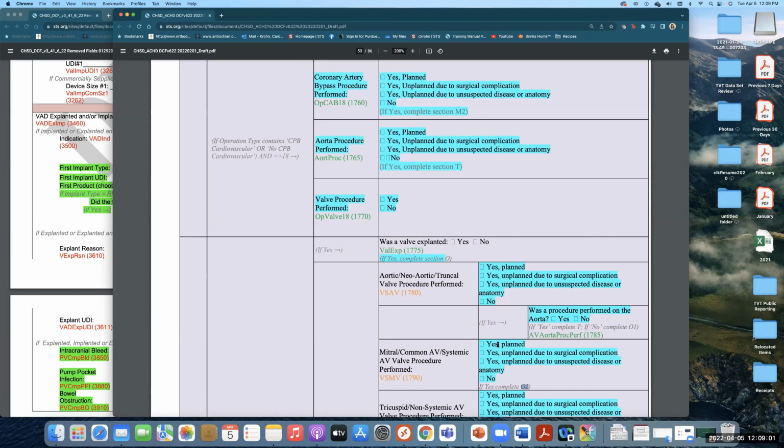So yes, planned is the patient entered the OR. It was consented for before the patient entered the OR. And this is what they plan to do, and the patient's aware of it. The yes, unplanned due to surgical complication